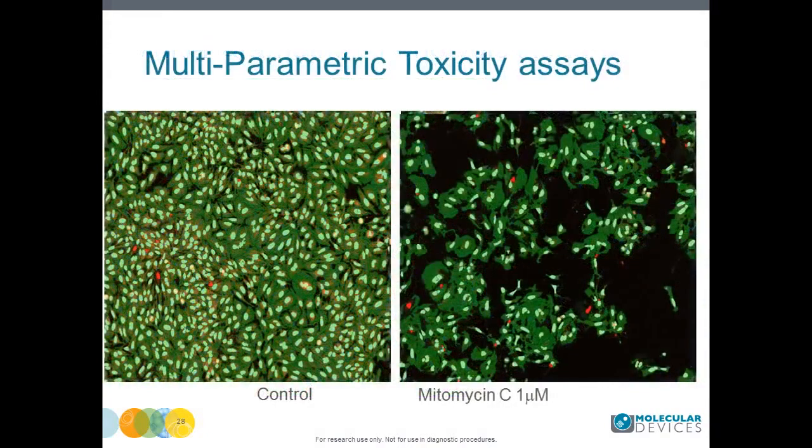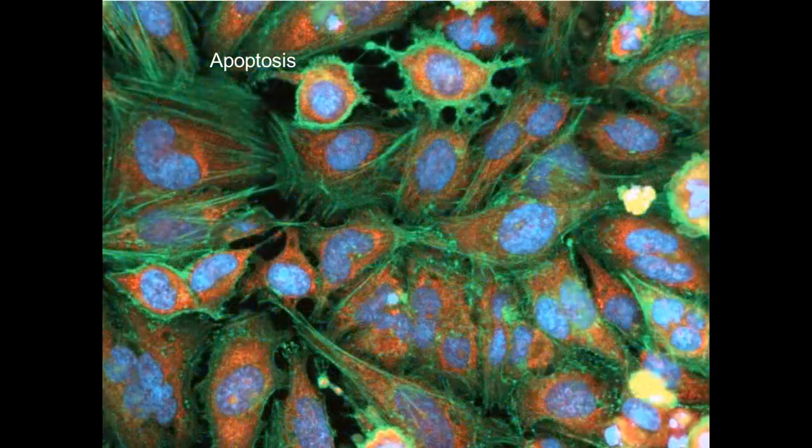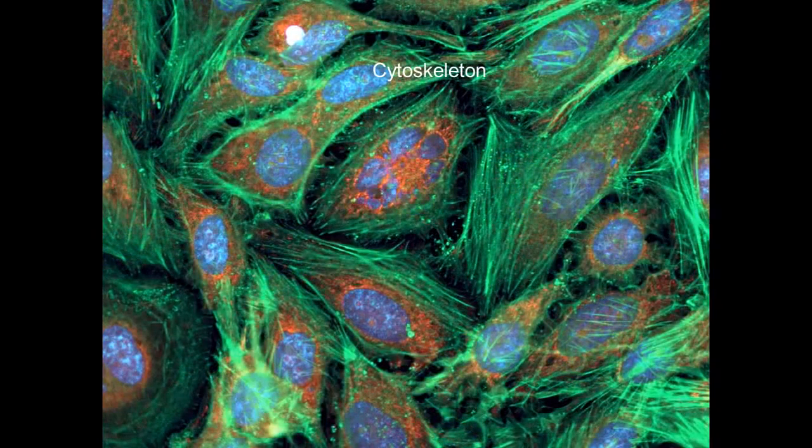Multiparametric assays are especially useful for description of complex effects, subtle changes, and allow to describe various phenotypic effects. For example, you can observe very subtle effects of compounds, in this case, to spot apoptotic cell. By measuring cell area or signal intensity, you can describe changes in cell spreading and also changes in cytoskeleton, in this case with paclitaxel.